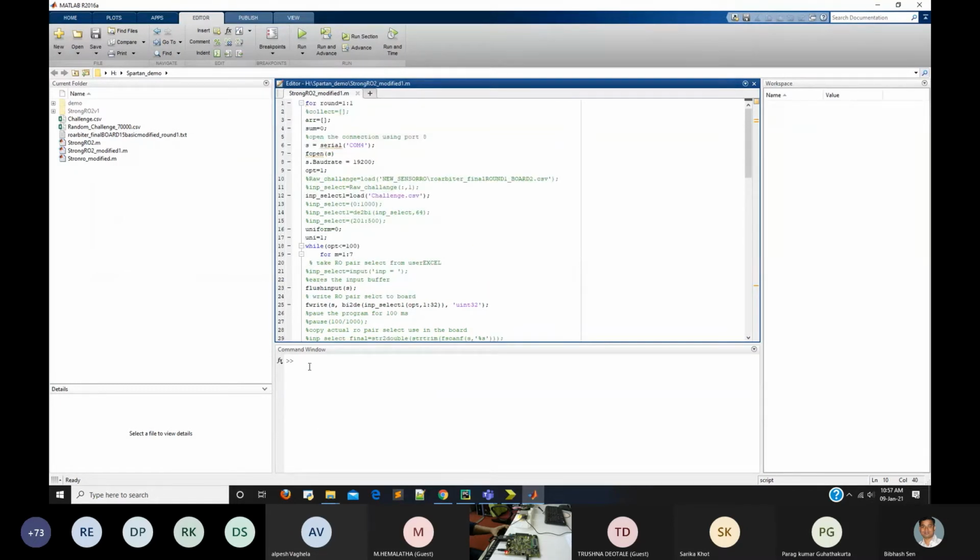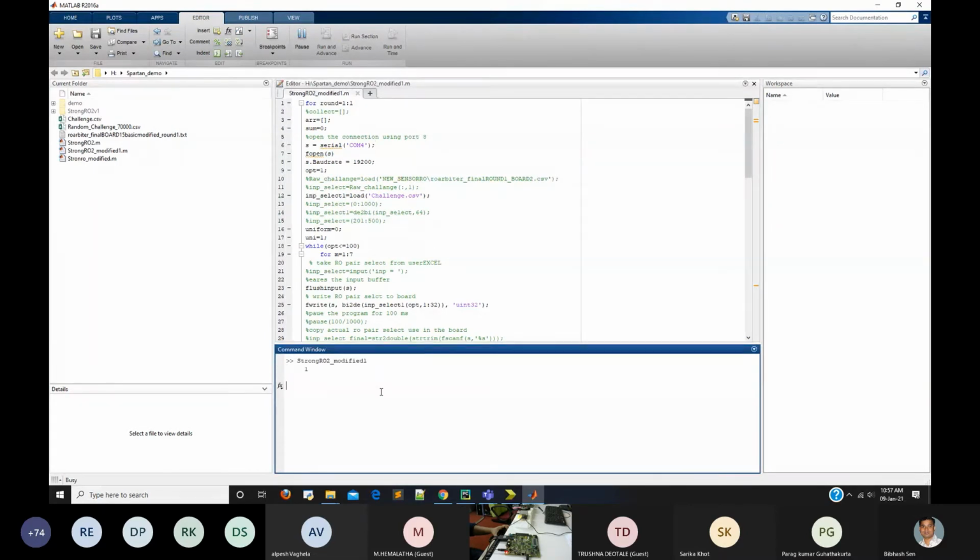Okay, the response will be printed here, and the challenge will be collected from this file, challenge.csv. I have already written some random challenges. Okay, so let's run. See, these are the one-bit responses against the challenges. They are printing here.